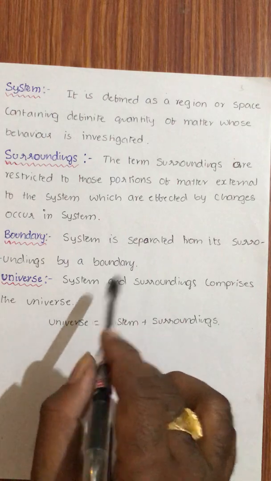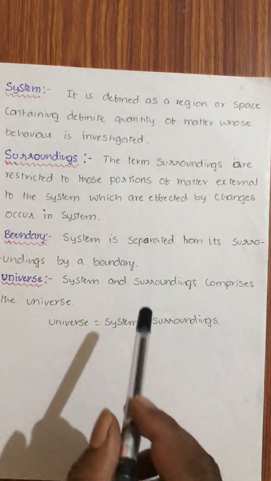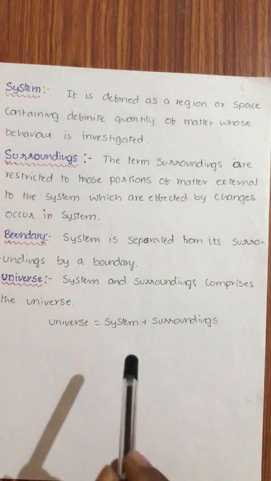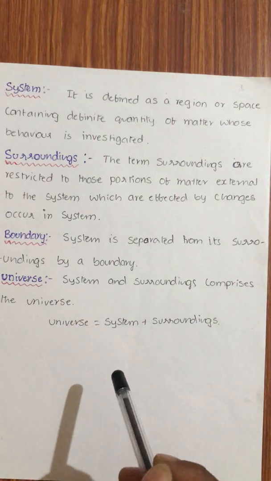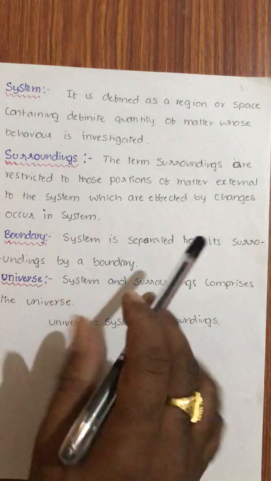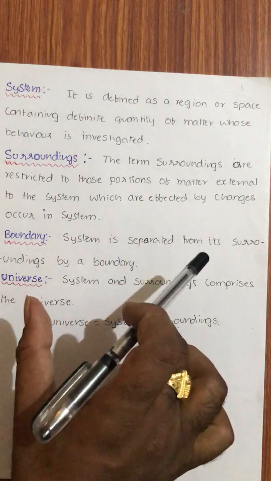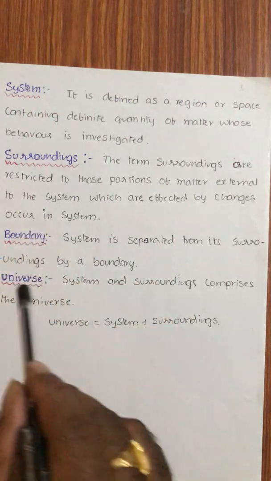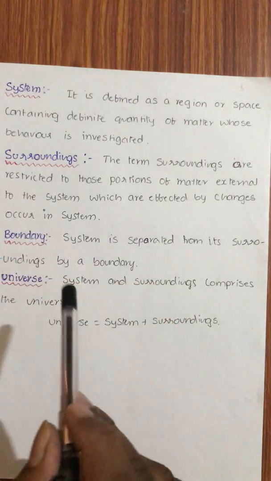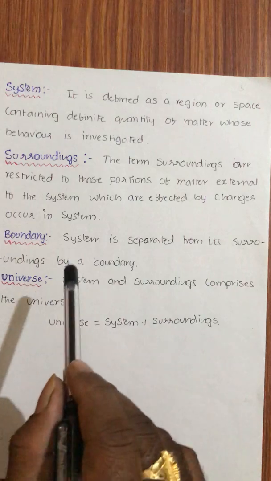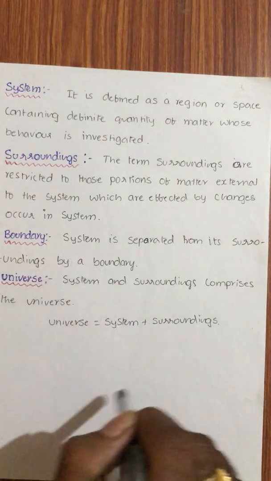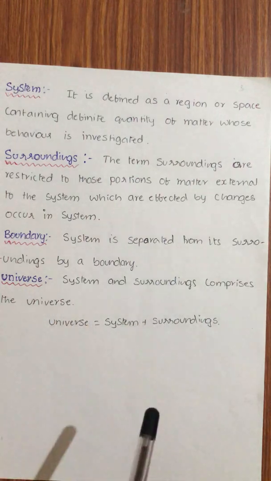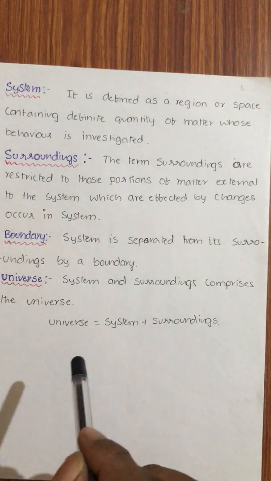And this coffee or ice cream is separated from the surroundings by a boundary. Sometimes the boundary may be physical, sometimes the boundary may be imaginary. If I consider hot coffee inside a cup, with the coffee as the system, the surroundings means the hot air. Because of this hot coffee, some amount of air is also heated. This air and coffee are separated by the cup. That is called the boundary, that is the physical boundary. Actually, the cup is a physical boundary.